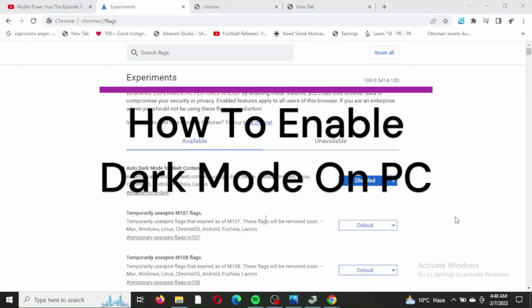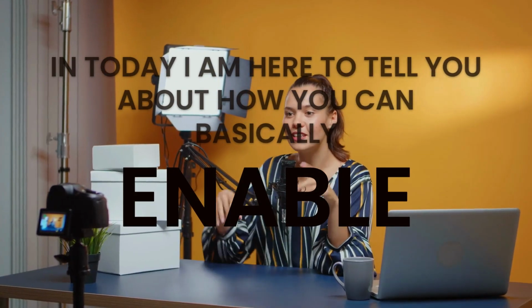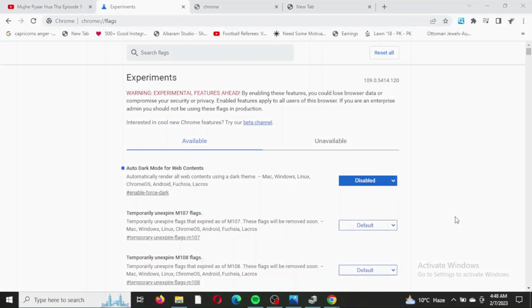How to enable dark mode on your PC. Hey guys, in today's video I'm back with another PC trick for all of you. So in today's video I'm going to be telling you how you can enable a black dark mode